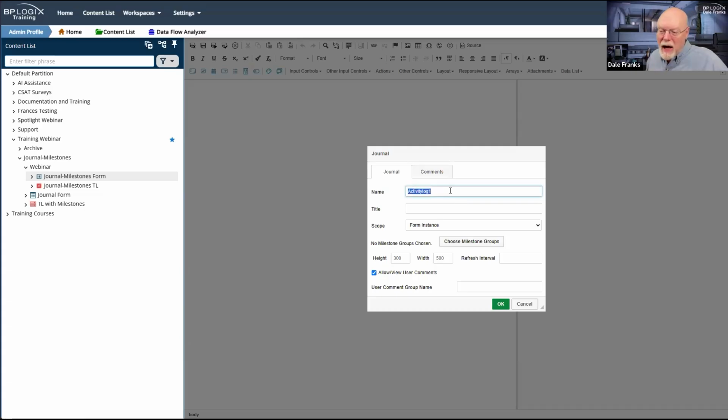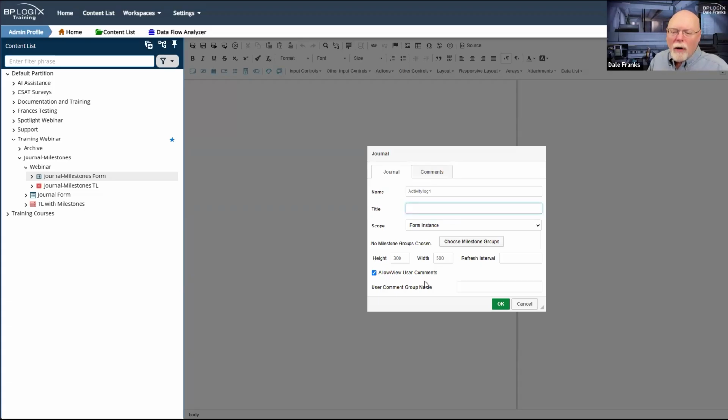First of all, you have the name. Of course, every control has a name. The journal control is no different. It faces the same name restrictions that every other control has: no special characters except for underscores or dashes, only letters or numbers, no spaces, less than 64 characters long, and it must be unique. Every form control has those same constraints for the name.